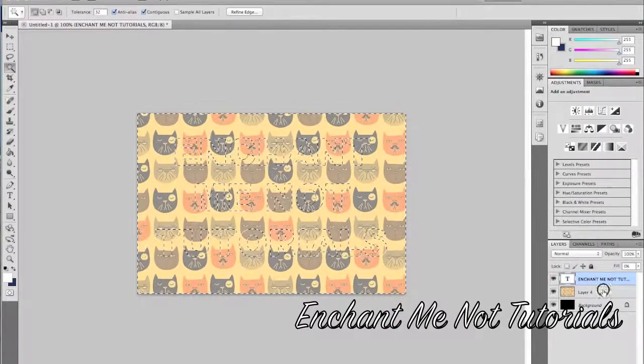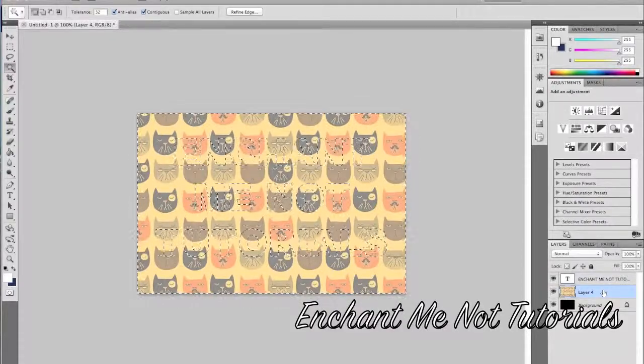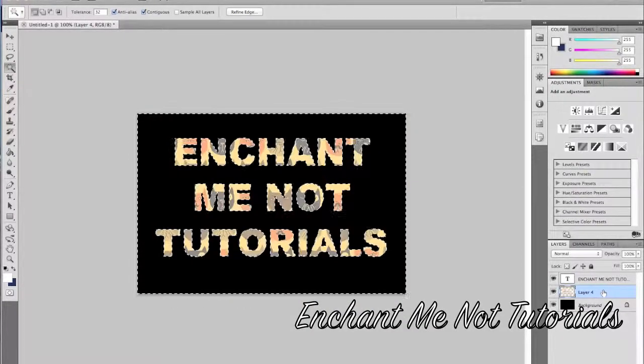Now you come to the image layer and you can hit the backspace button, and this leaves you with the text as the background image. From here you can merge the two layers, or you don't really need to, you can leave that as is,